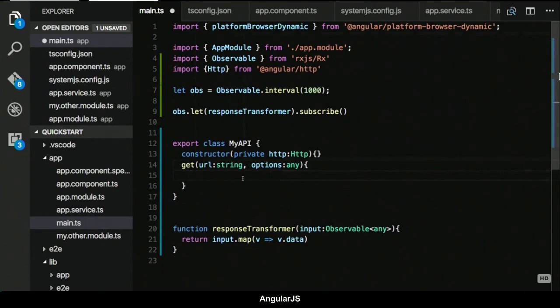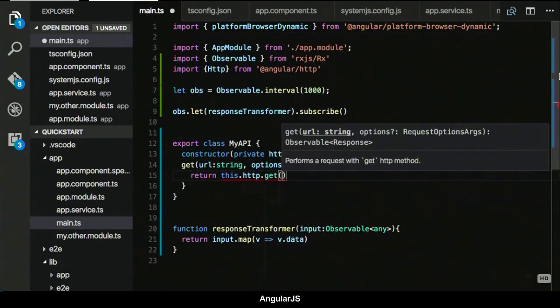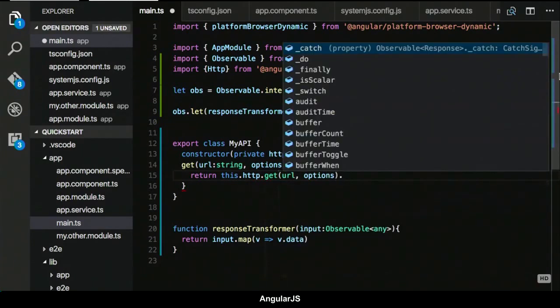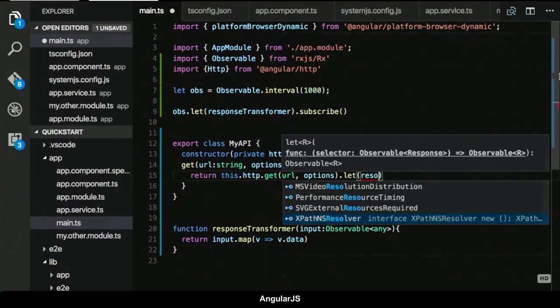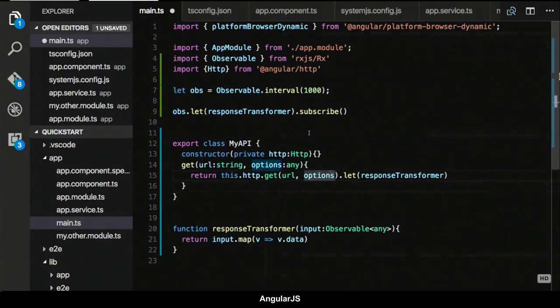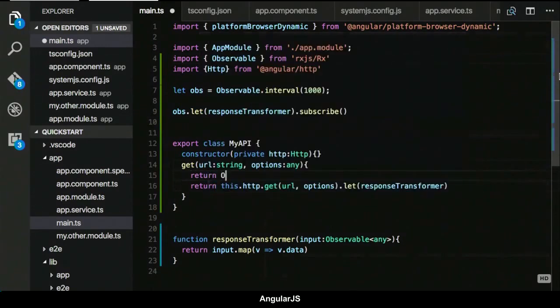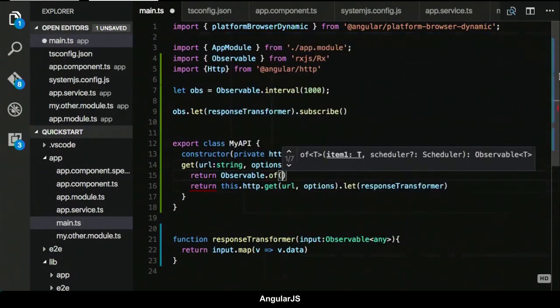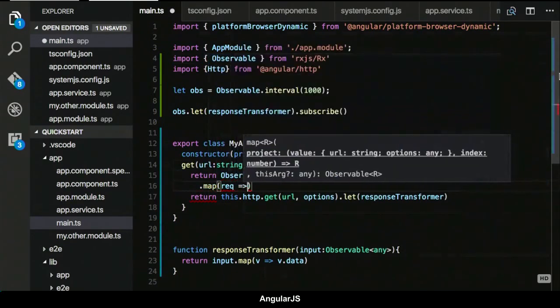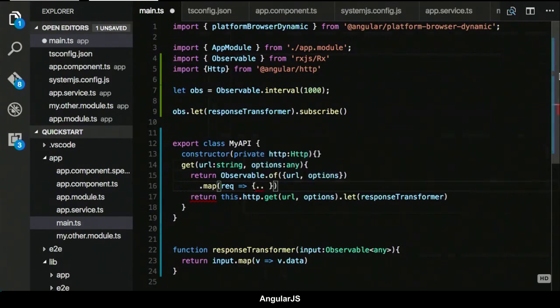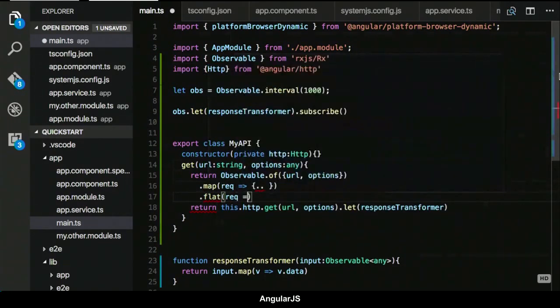This is really good at. So I'm gonna have a my API service that injects HTTP in here, right? And then it's very simple to do something like this.http.get(URL, options), right? And then in here, I could do my response transformer. Or, if I wanted to do a request transformer, request interceptor, that's as simple as doing return Observable.of my URL and options. And again, I'm just going to map it, right? Like this is the request object now. And I can do whatever in here. And then I can flat map that request,